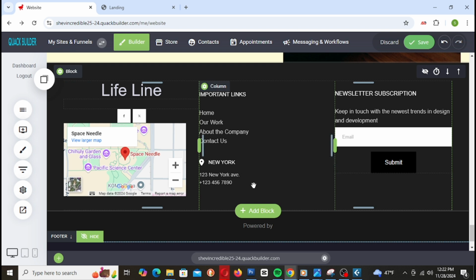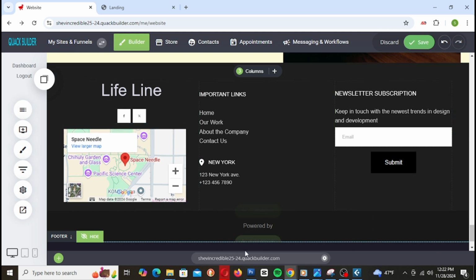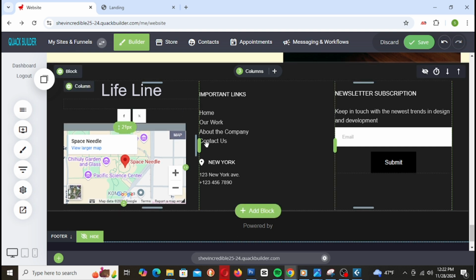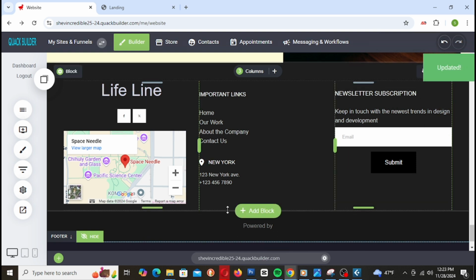But I'm just gonna leave this until the customer puts it in there for themselves, or they tell me, and so I can just put it in there for them. Yeah, so that's the map. You had the map in there, and as you can see right here too,